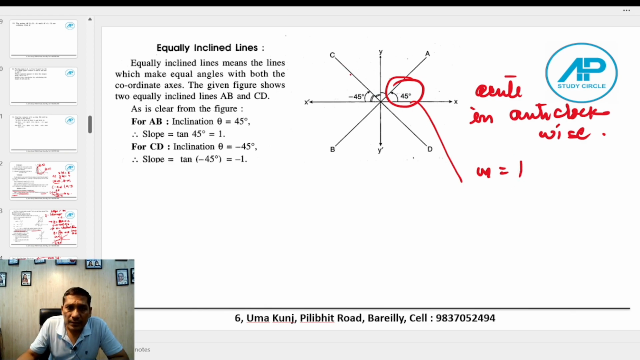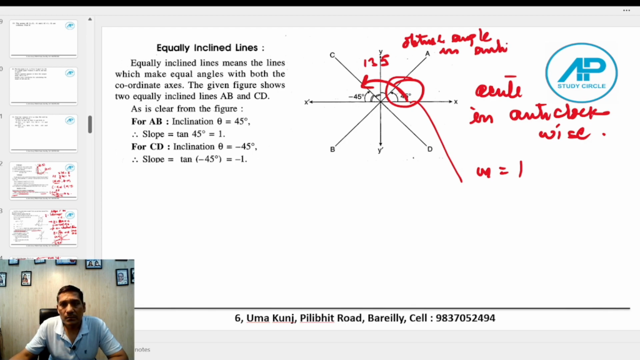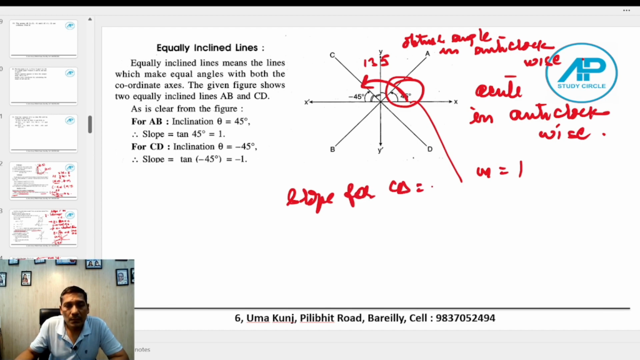This line CD is having an angle. If I make it again from here, you see very carefully, this angle is 135, the obtuse angle, in anti-clockwise direction. The slope for line CD is negative, is -1, and slope for line AB